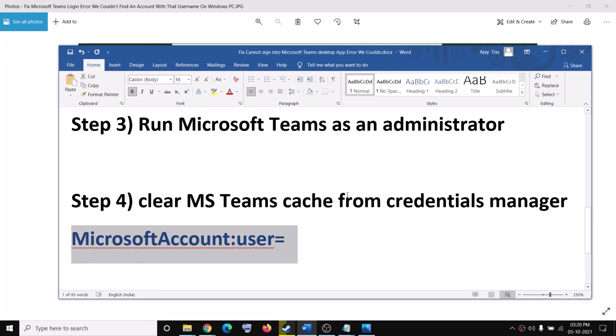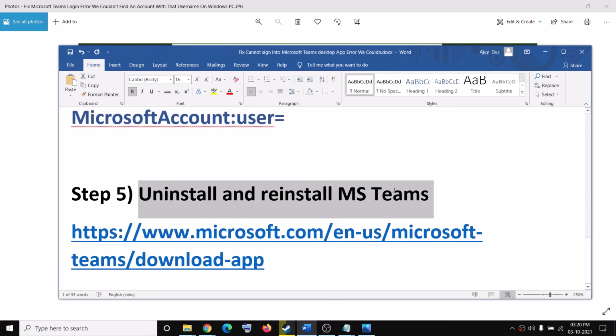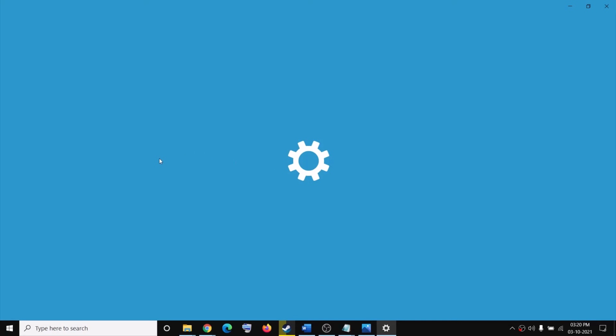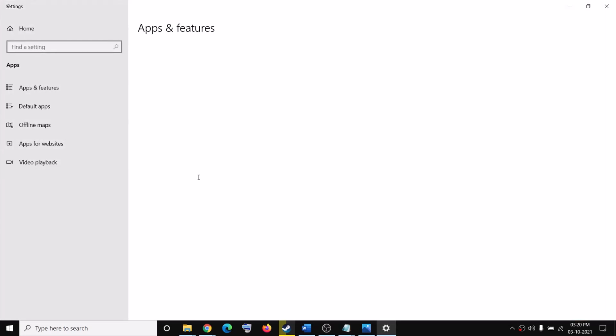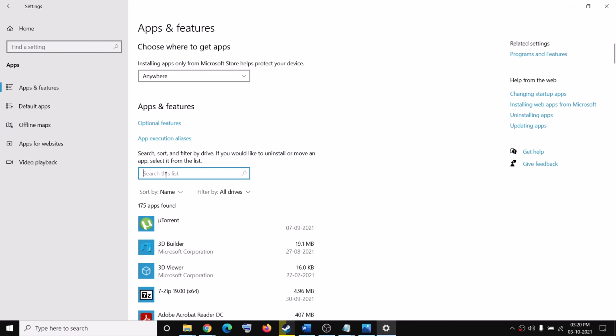Now, if nothing is working, you can go ahead and uninstall and reinstall Microsoft Teams. For this, go to settings and then click on apps, and over here go ahead and find Teams. So type in Teams over here.